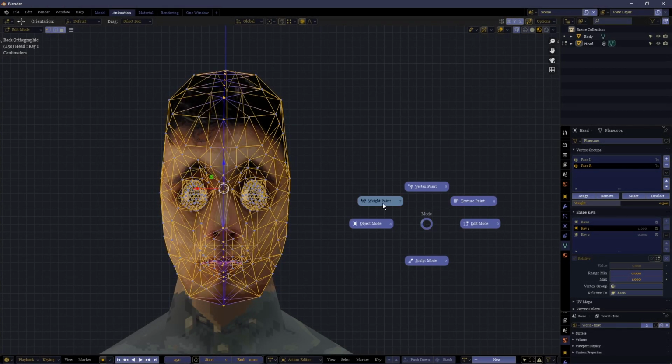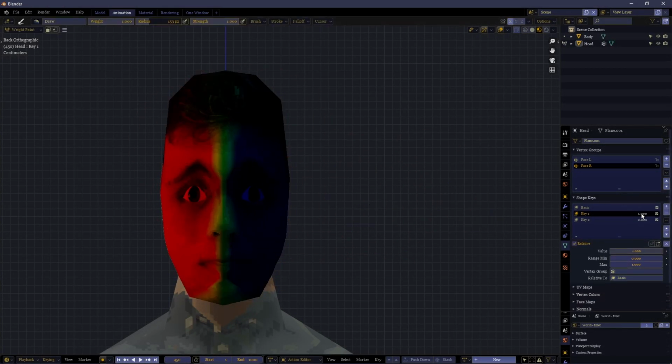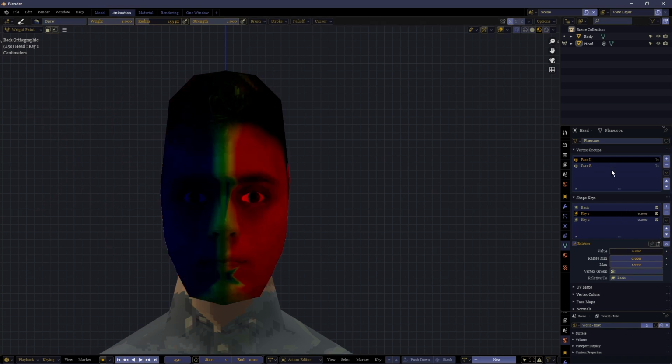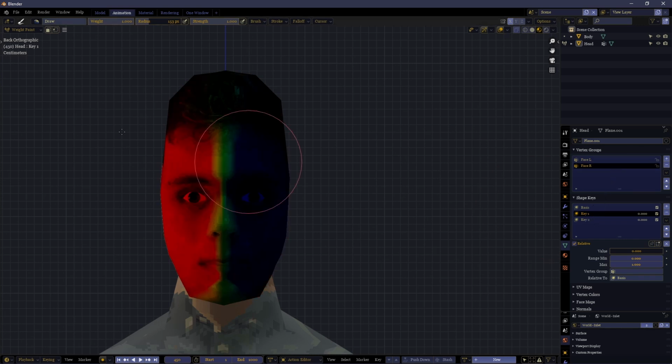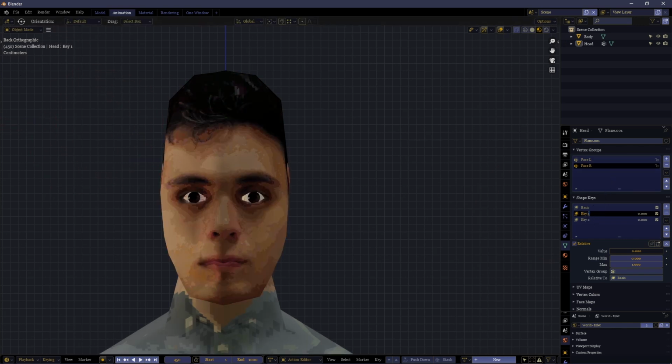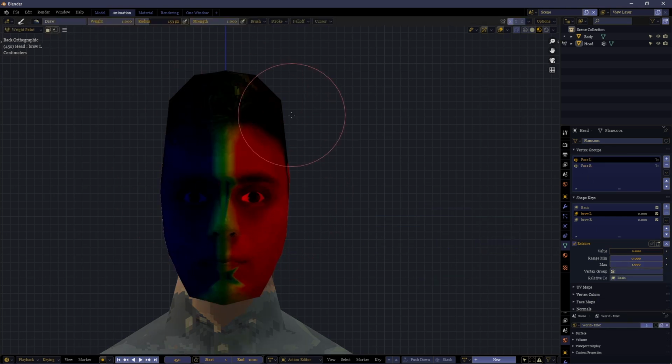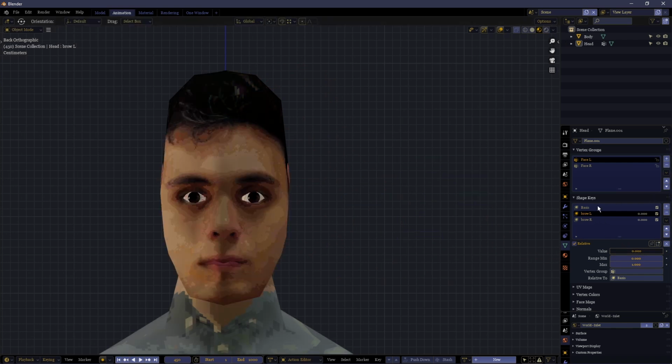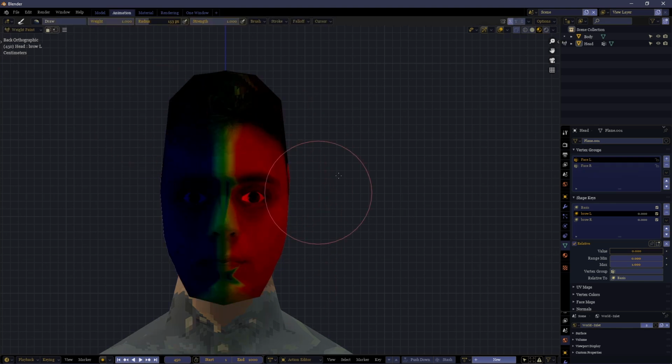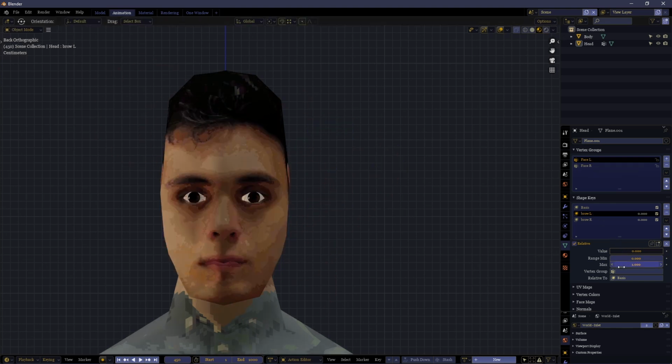So we can go into weight paint mode and preview it, and we can see that we have the left side and the right side both like this. Now over here, we want to make a choice for which is left, which is right. Brow left, brow right. So for brow left, we're going to go down to vertex group, and this will use this information to determine what this shape key can have an influence over. So face left is affecting this side of the face, the left side. For brow left, we're going to assign it face left. And brow right, we're going to assign it face right.